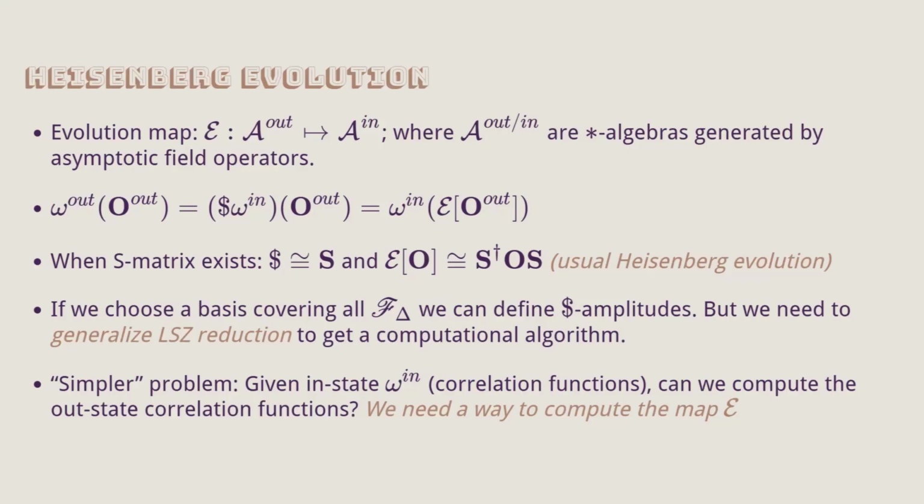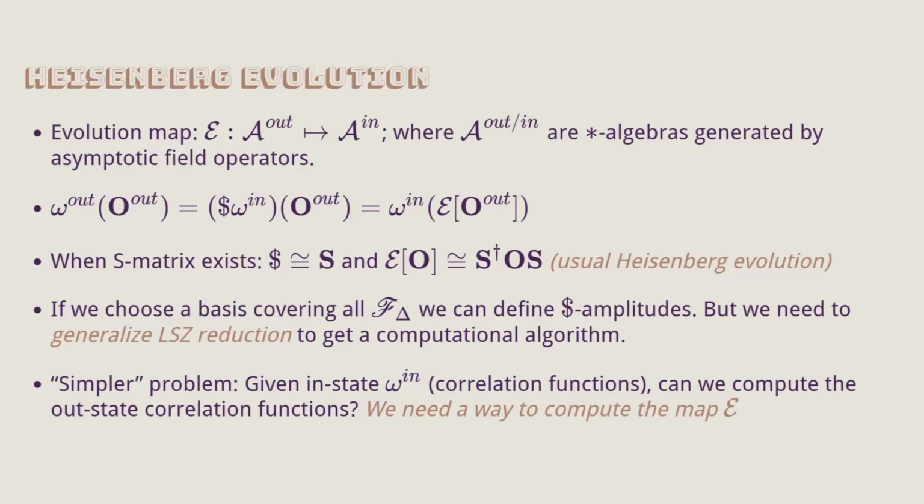And the evolution operator would just be the usual Heisenberg evolution of operators. So given some out operator, I can use whatever S matrix I have calculated to rewrite it in terms of some formula of in operators. That's what the S matrix would give you. It'll also give you how to map states in the standard picture. Evolution is like backward evolution. It takes out state to in state. Yes, yes. Out operators. Out operators.